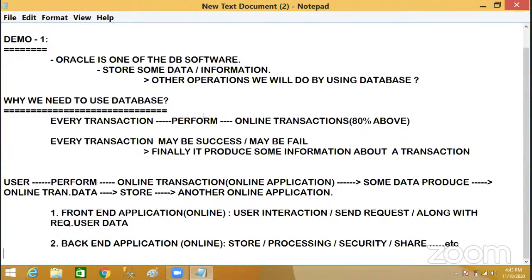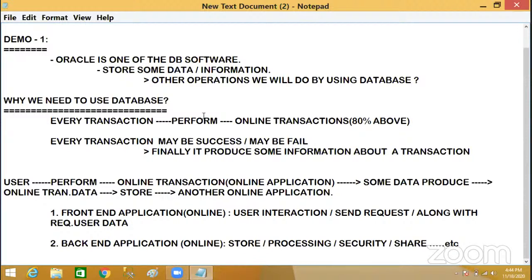Yes, for handling that much data only, we are using what now? Database softwares. For storing the huge and large amount of data produced from an application, we need one more online application, and we develop that application using some database software. Which types of software?